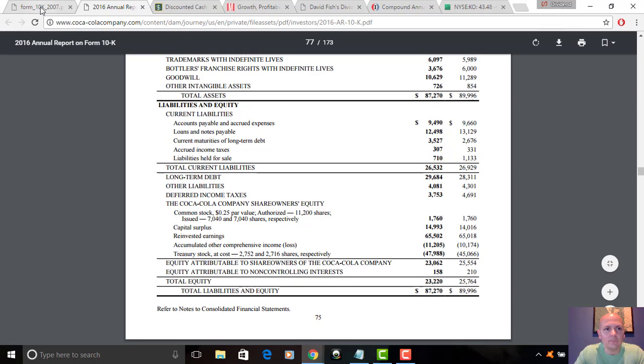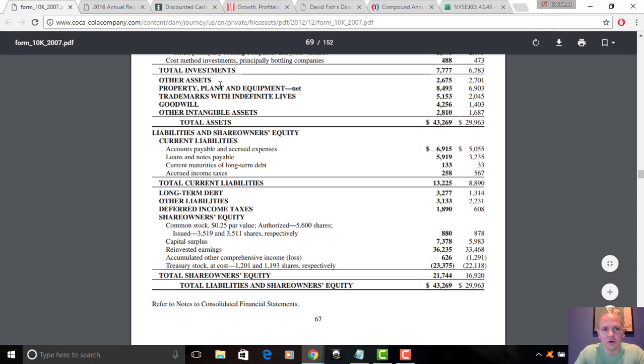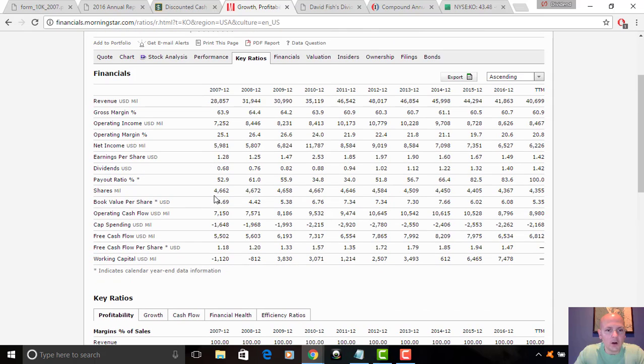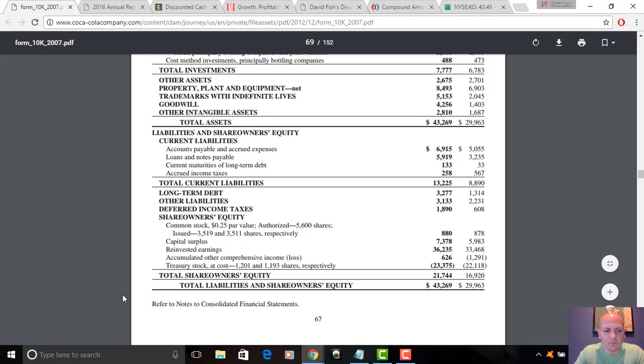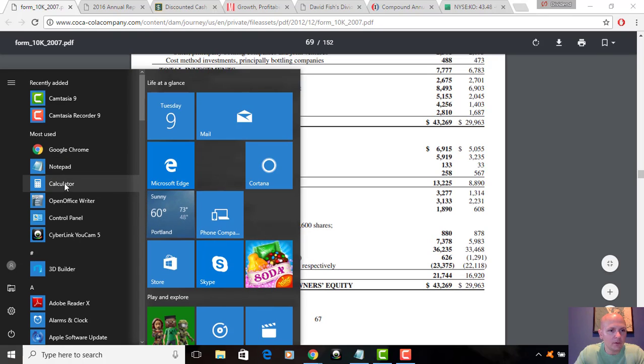And that's because we see, as we saw earlier, the outstanding share count, which we can pull up on Morningstar. They've adjusted for the split count. The shares here, you can see they've gone down, 4.6 billion to 4.3 billion. So they have been buying back stock, but the margin compression has been somewhat significant, and so that's offset that in terms of earnings per share growth. But taking a look at the long-term debt to equity, I forgot to pull up my calculator here, so let me pull it up real quick.